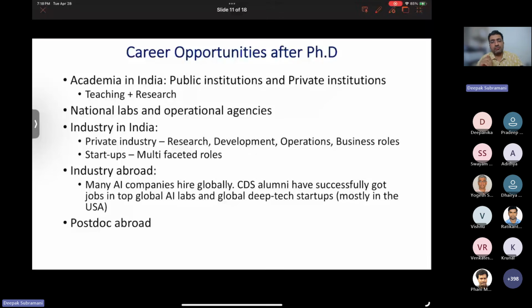We are in Bangalore, which is the hub of computational AI labs, physical AI labs. In fact, Skilled is opening a new office in Bangalore. Amazon is opening a new office right north of our campus, hardly 20 minutes from our campus. And they are all hiring like crazy in research, development, operations, business roles, high-paying roles, multifaceted roles in startups, global startups that have their presence in India. Our alumni are in all these places. Many AI companies hire globally, and our CDS alumni are working in, let's say, Meta, FAIR, MSL. So it's top of the game.